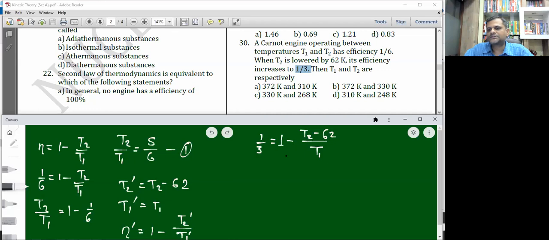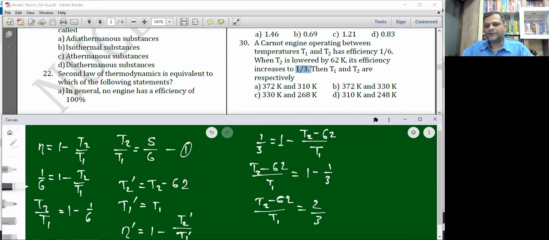So if we just shuffle these terms, then ये पूरा टर्म इस तरफ उठा के लेके जाओ और इस 1/3 को उठा के उस तरफ लेके जाओ तो -1/3 बन जाएगा। तो हमको नेक्स्ट स्टेप में मिलेगा T2 minus 62 upon T1 becomes equal to 1 minus 1/3, that means 2/3। तो T2 minus 62 upon T1 is actually going to be 2/3, right? And hence we can say this, from this equation we can again get the value of, yes, we can just simplify this numerator and denominator and get this as T2 upon T1 minus 62 upon T1 is equal to